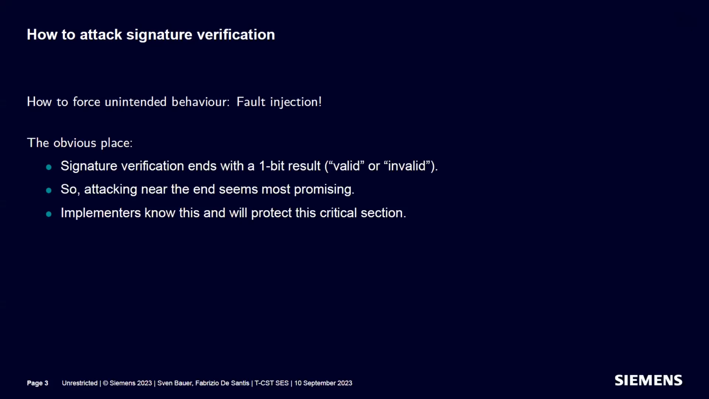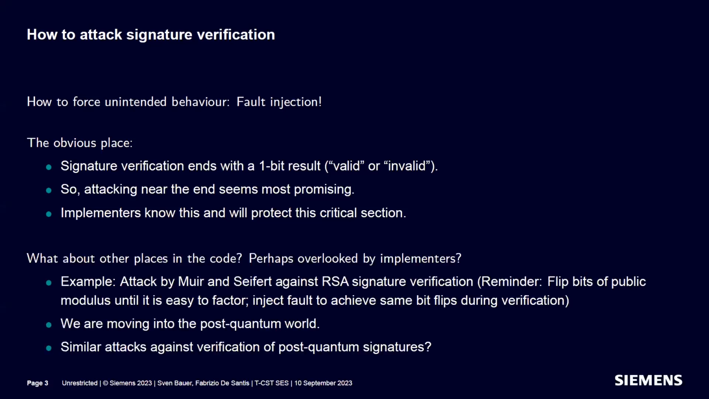So as an attacker, if you don't know anything about the implementation, you'll just go for the end and try to inject a fault there and try to get the implementation to go the wrong way or flip that one bit. And of course, implementers know that as well. So they specifically secure the end of a verification function. So the obvious question then is, are there perhaps other places in the code? Are there places where you can also inject a fault with that effect, which are perhaps not so obvious? And in a way, this whole talk